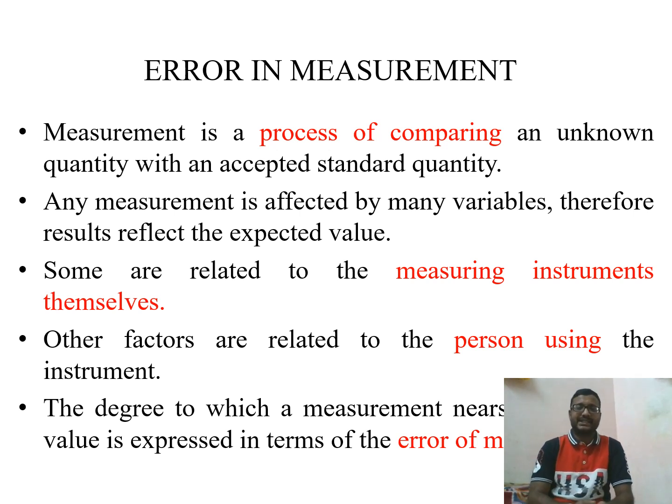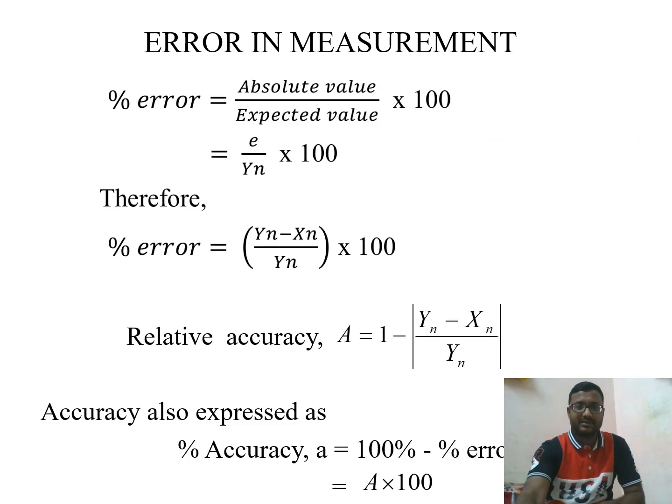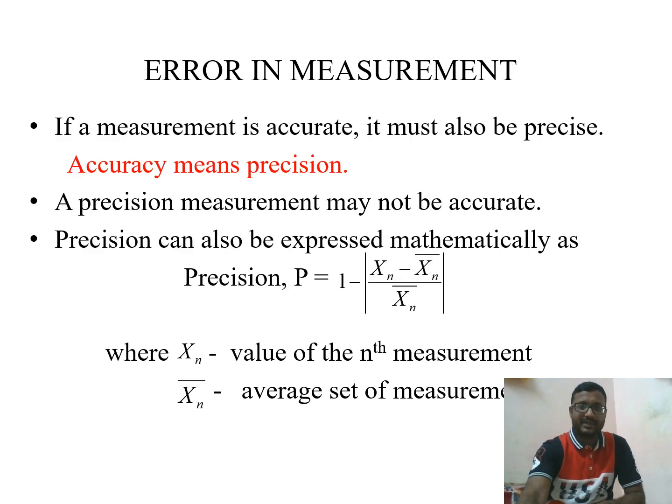Simply, it is defined as the algebraic difference between the true value and measured value. That error can be divided into many types. So that is errors in measurement. What are the factors causing the errors in that measurement? One is